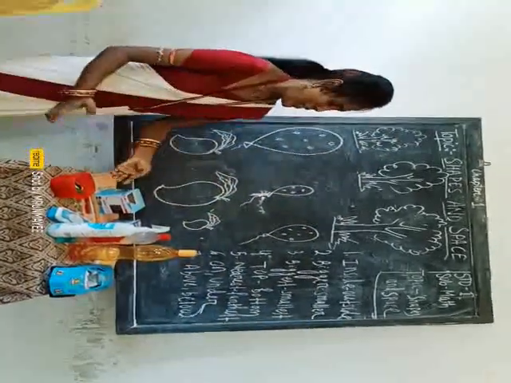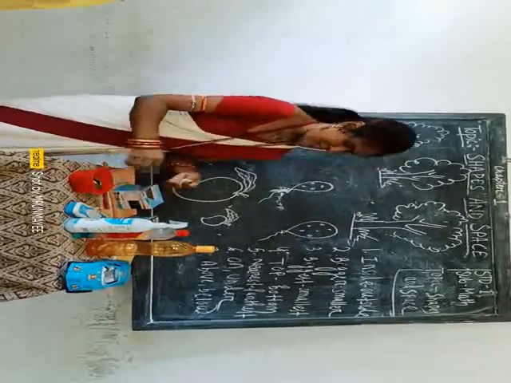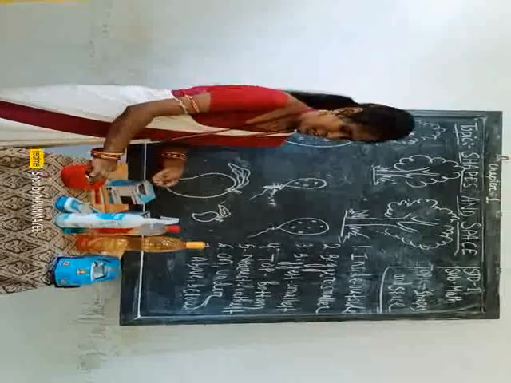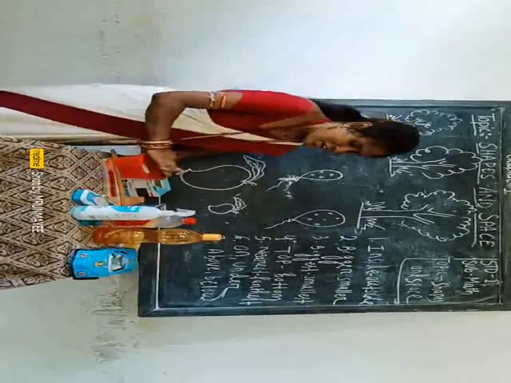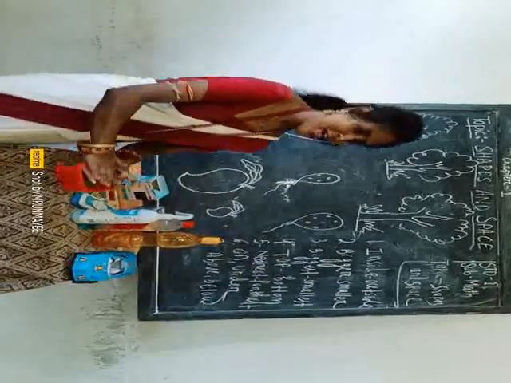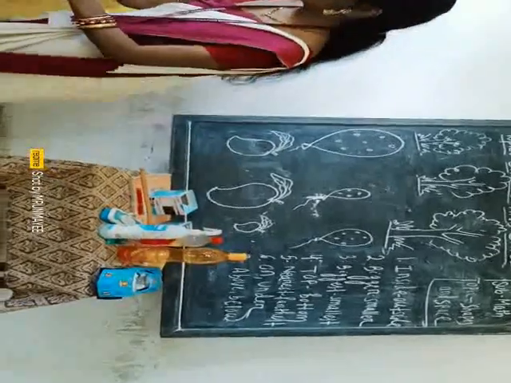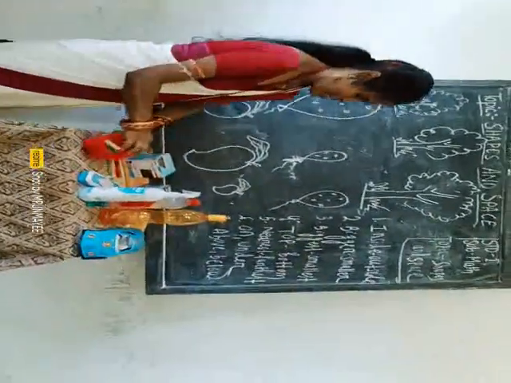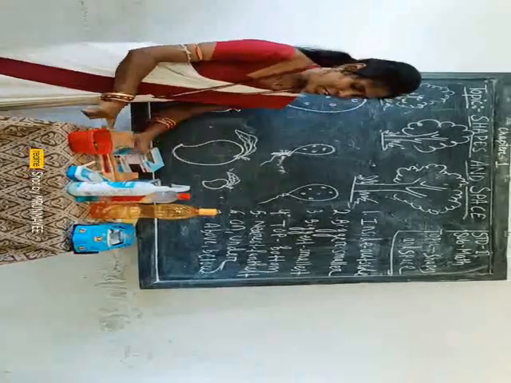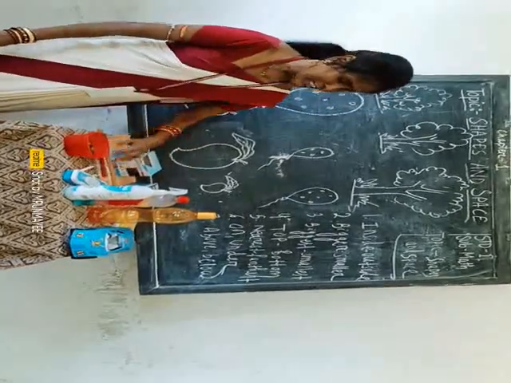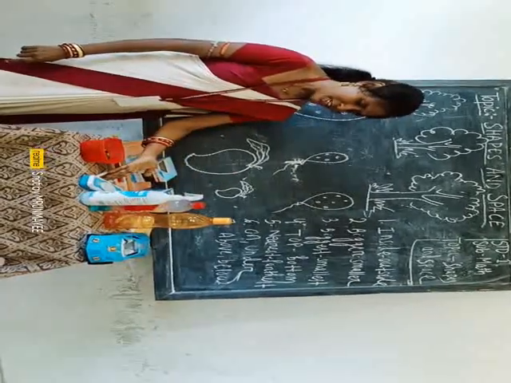Let me show you. Here are some flowers I brought. One flower, the second flower, the third flower, the fourth flower. And I have kept four flowers inside the box. Remember that. Then now I will take out one chalk and keep it here. So that means this chalk is outside of the box.